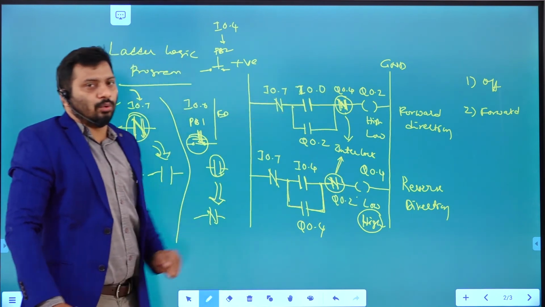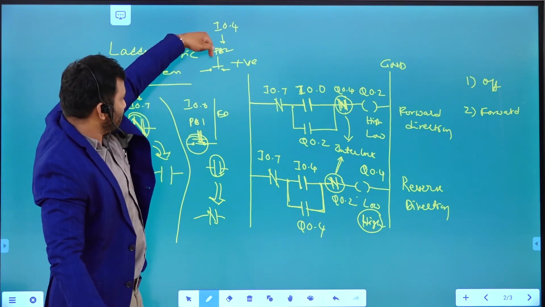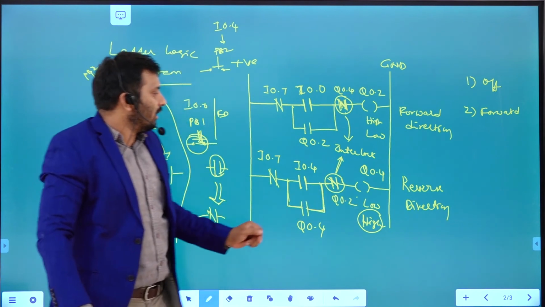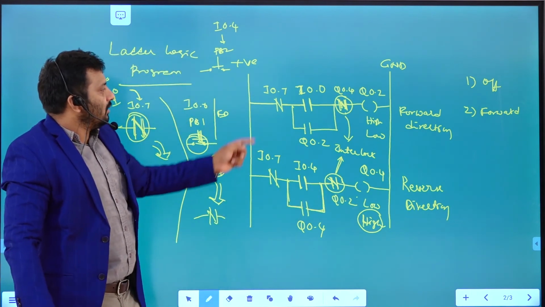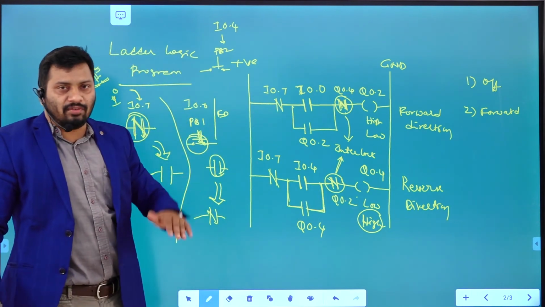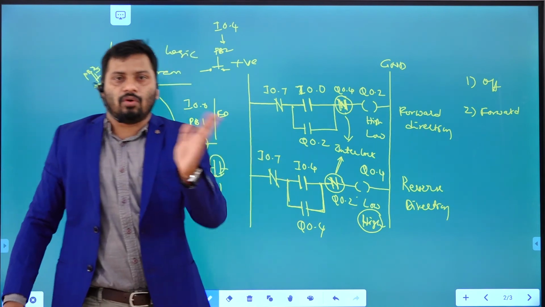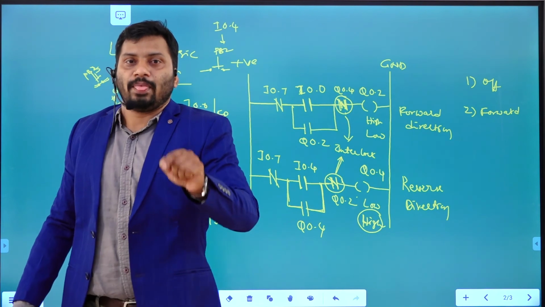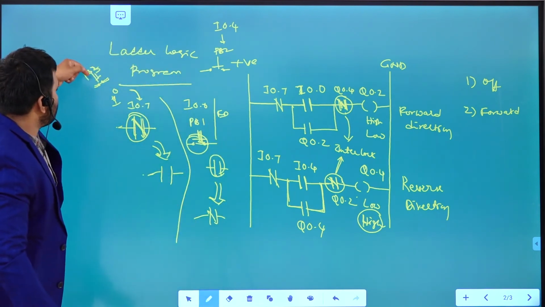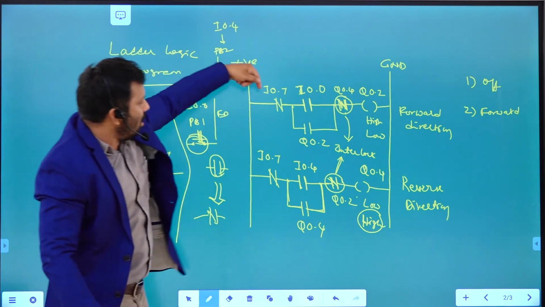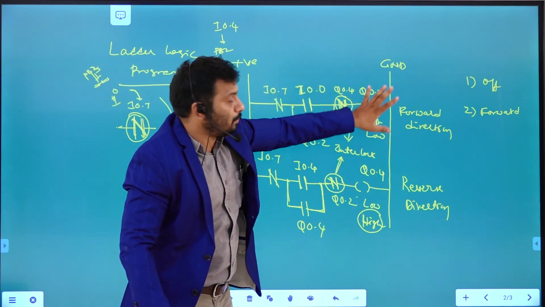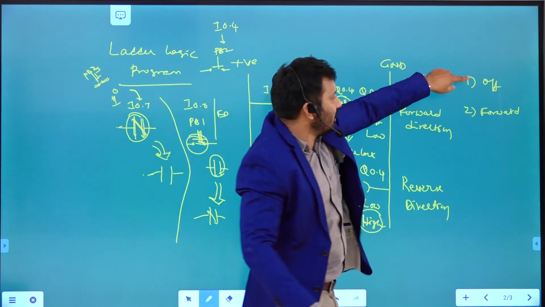Reverse is going to be low, right? If you push button 2, which causes the reverse direction, then this one is going to be low. In between, if you want to switch between the forward direction and the reverse direction, you should turn it off first, right? Turn it off by pushing push button 3. If you turn it off, both are low, right? The motor is going to be in this condition, right?